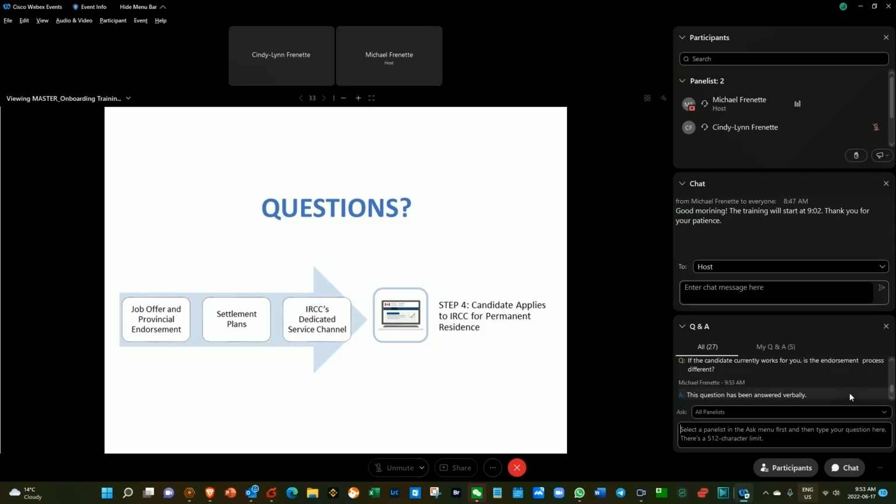If someone satisfies the requirements for the Atlantic graduate stream, but is currently on a leave of absence from work, does this impact your ability to apply? No. As long as they meet the program requirements, if they are on leave of absence, whether it's for personal or medical reasons, that would not have an impact. As long as they have the job offer and meet all the requirements, that would have no impact.